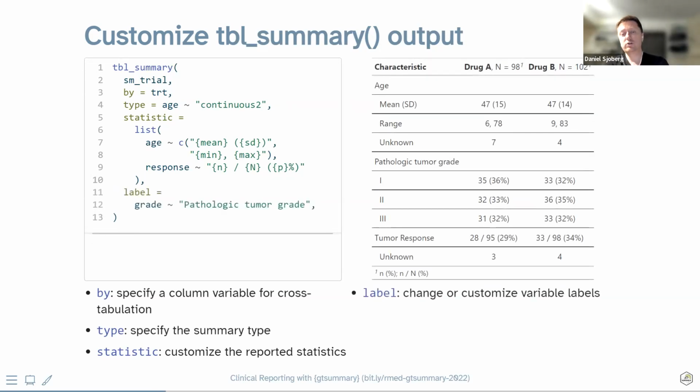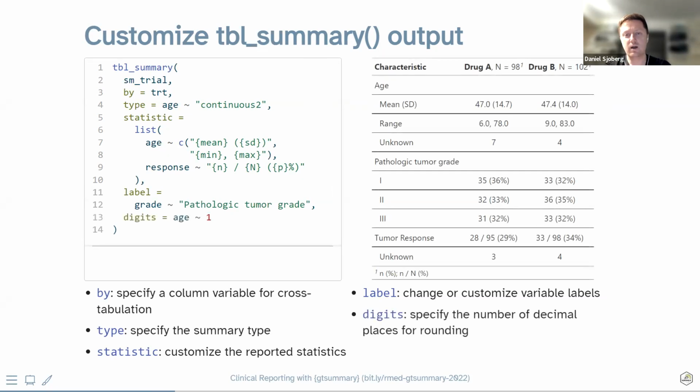We're going to further change the default label. So previously it was grade only, I think, and now we're saying pathologic tumor grade to be very precise about when this grading of the tumor occurred. So just to illustrate that you can change these defaults quite simply. Now, previously you saw age was rounded to the nearest integer, and now here I am with the digits argument saying please specify this to the nearest 10th place. So we're getting one more decimal point of precision here.